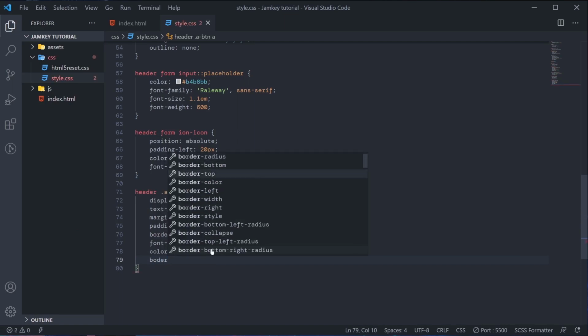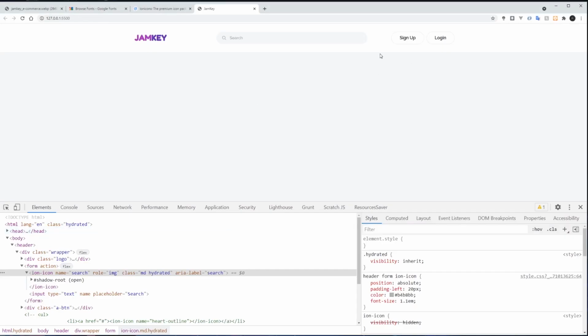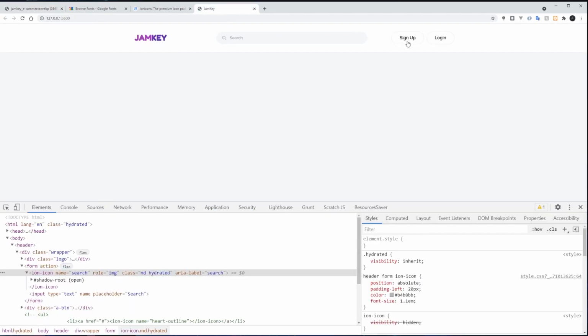Well, I'll just type 1 pixel solid #EB. Okay, so if I come back now, you see it's like this, but the way they want the design, when you hover on it, that outline shows.